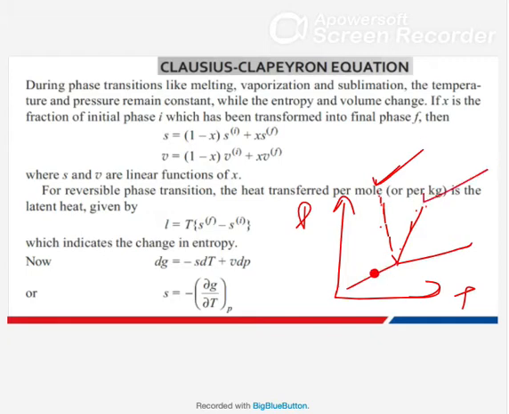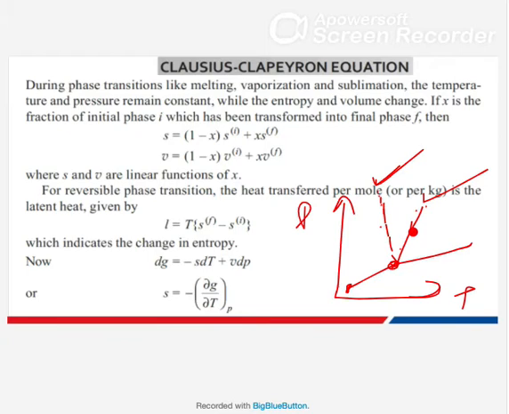We will also see the triple point, where solid, liquid and vapor are all in equilibrium. At the triple point, which curve has more slope and which has less, that we will also see. Basically we are going to see which slope is more or less. And we will have one equation which they have asked in the GATE examination. I will tell you, so just wait for that equation also.